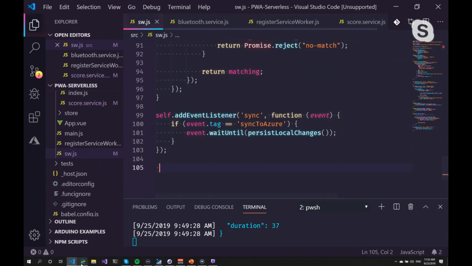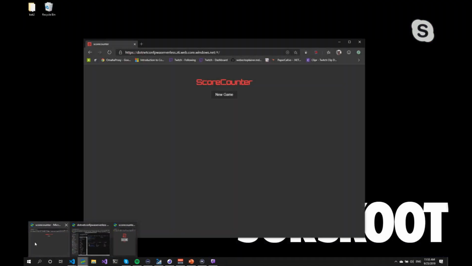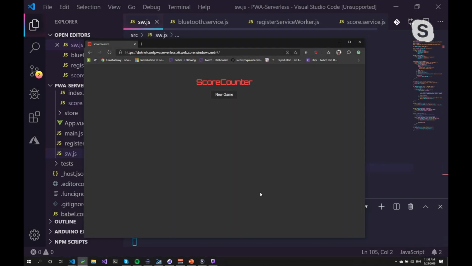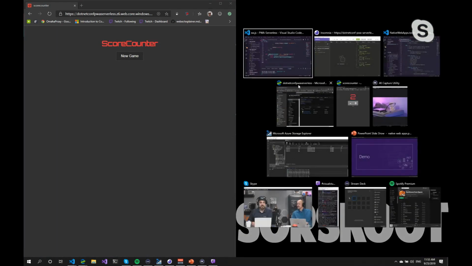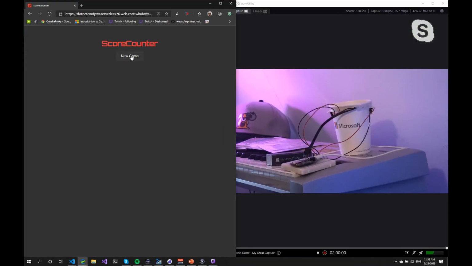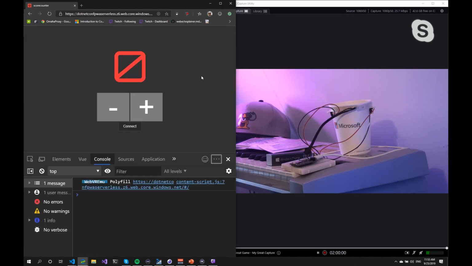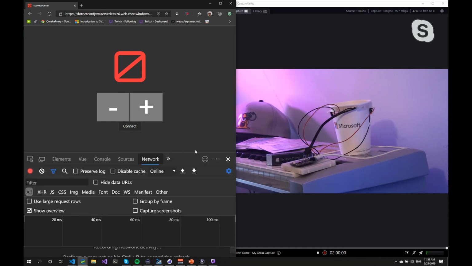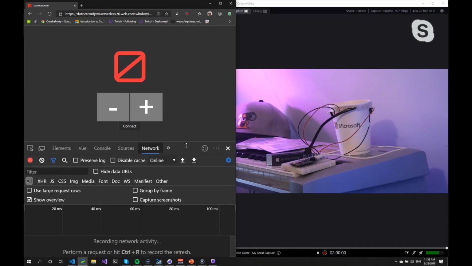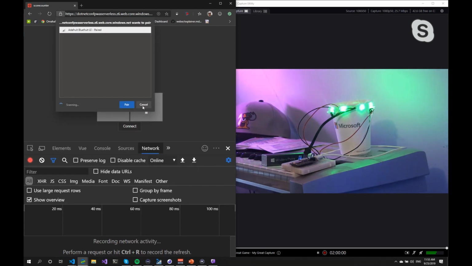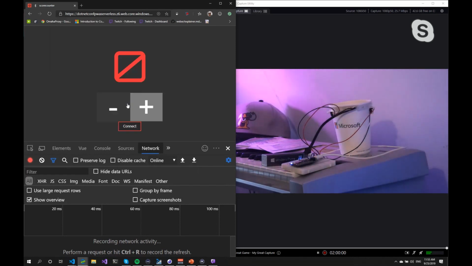So let's see if we can demo that. If I go back to that page, let's try this one. This is the one that is deployed to Azure. So move it side by side again. So we are starting a new game. Going to grab the network tab. So now we are online. So if everything goes well, it is ready to receive the connection. We pair. And again, this is all running from a website, nothing in between.